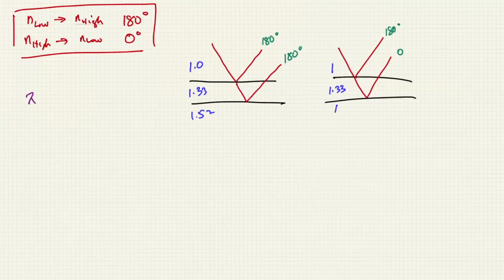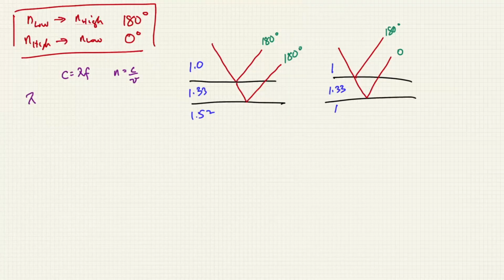The wavelength of light changes when light enters a new medium. Remember that the speed of light, I should have used c instead of v, is equal to wavelength times frequency. Speed of light is determined by the medium in which it travels. And if we go into a new medium, we use the index of refraction to tell us what that new speed is going to be. We can solve for that new speed. But as that speed alters,